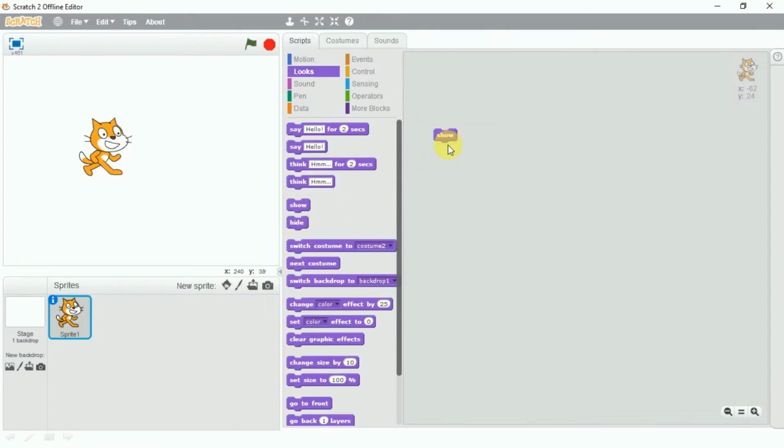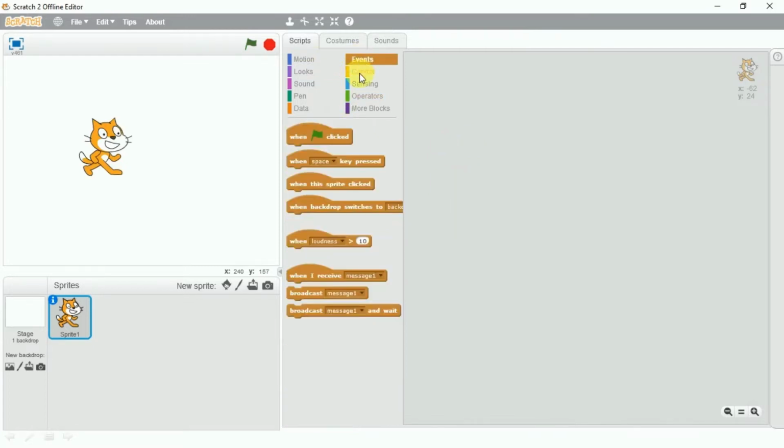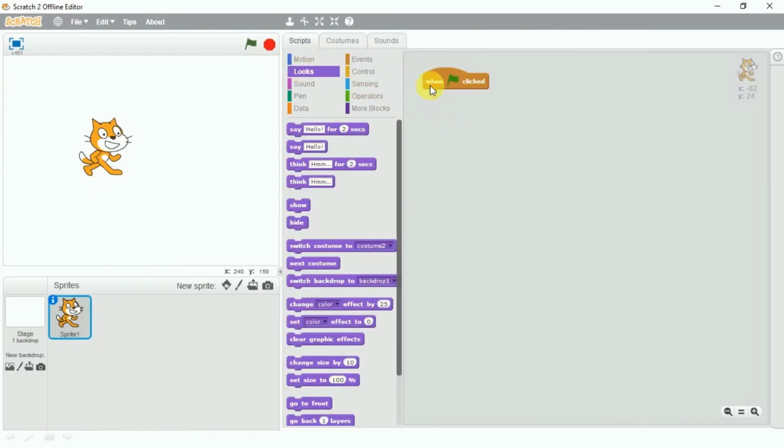If we want to show and if we want to hide, like our sprite is visible on the stage, it's shown, and now it is hidden. Now we want to show, now we want to hide. So this is the function of these 2 blocks. Okay, now let's take this. It would be easy for us to work with the help of this flag block or this hat block.